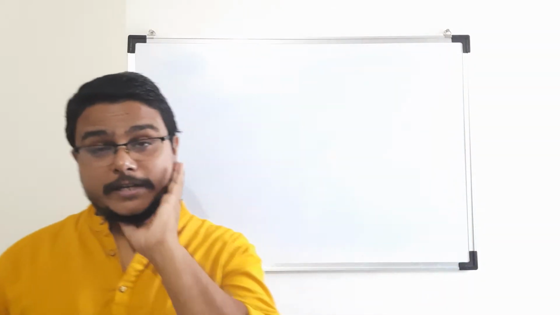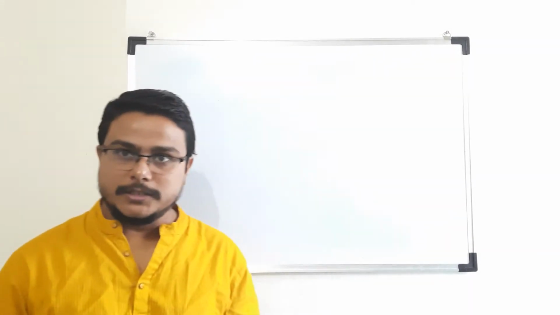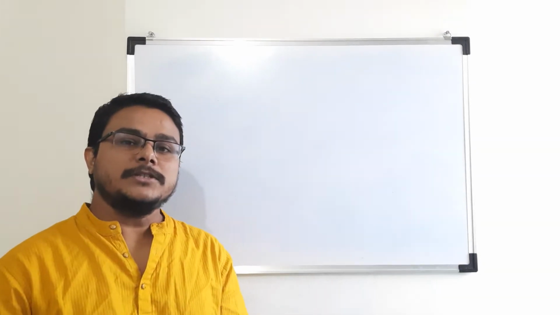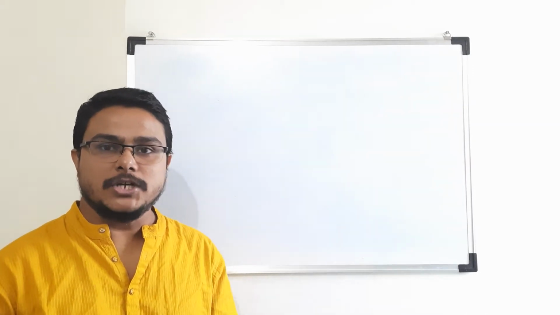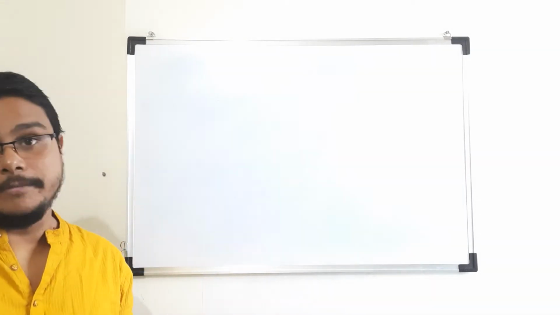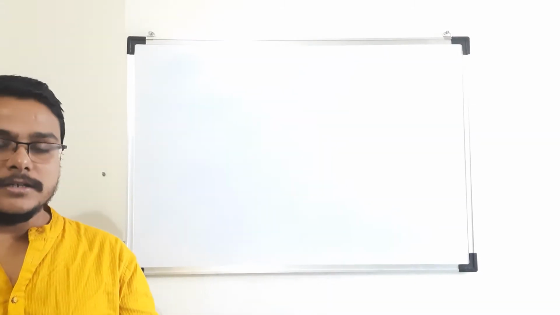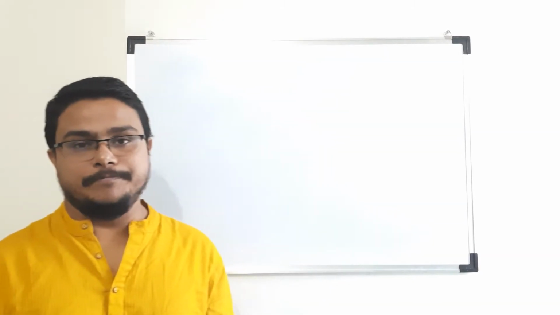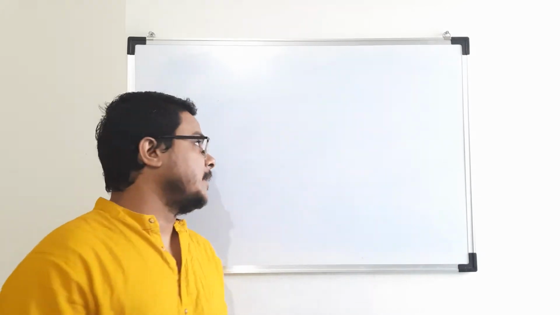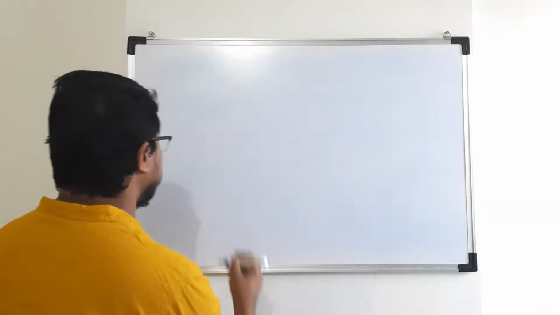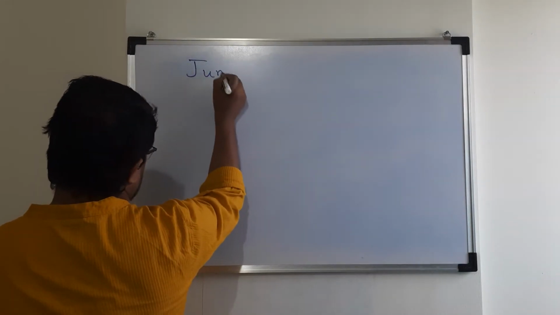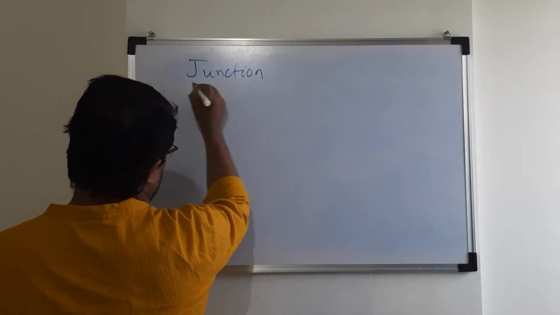Hello guys, today in this video we are going to discuss junction capacitance. To determine the junction capacitance in a reverse applied bias condition for a PN junction, we need to know two parameters. One is the space charge width and the other is the abrupt boundary. The abrupt boundary, as we said, extends into both the N and P regions, so either side can be taken. Today's video is about junction capacitance.